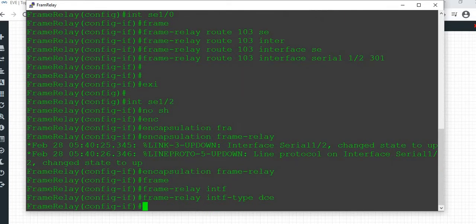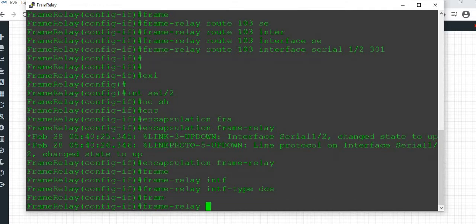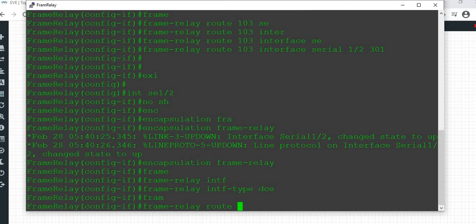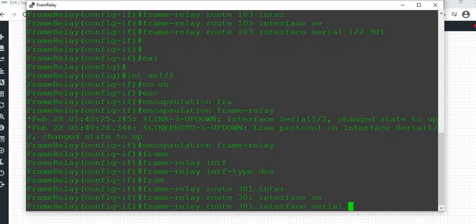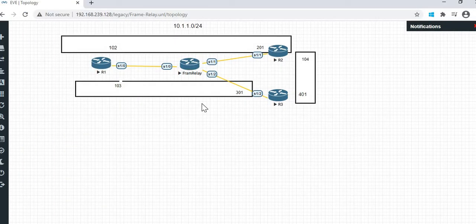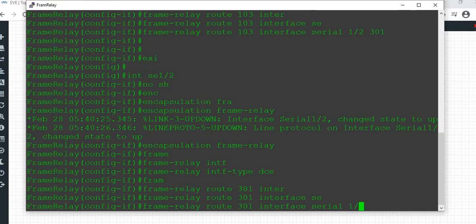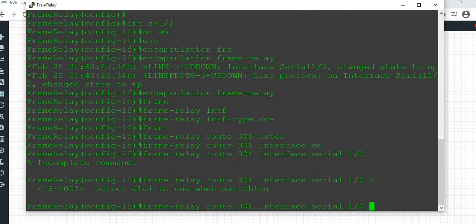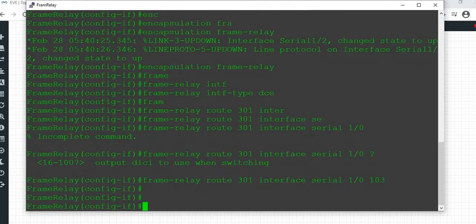This is the thing we need to configure, and after that, frame relay route. We need to switch the configuration from here to here for the reverse traffic. So 301, interface serial 1/0, and the DLCI is 103. Once you've done that,